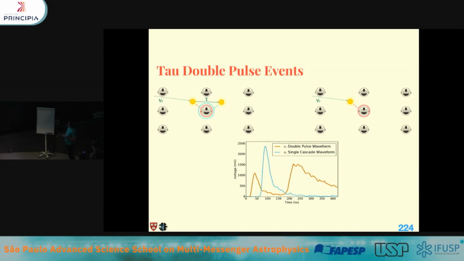So what you look at in your sensors, this is voltage, and this is time, nanoseconds. You can see that for a single cascade scenario, you should get something like that. But for a double cascade scenario, you can look for this. So one thing that's nice about this technique is that it has a lower threshold than trying to reconstruct the whole event, where we actually try to infer the distance. And so it's complementary.